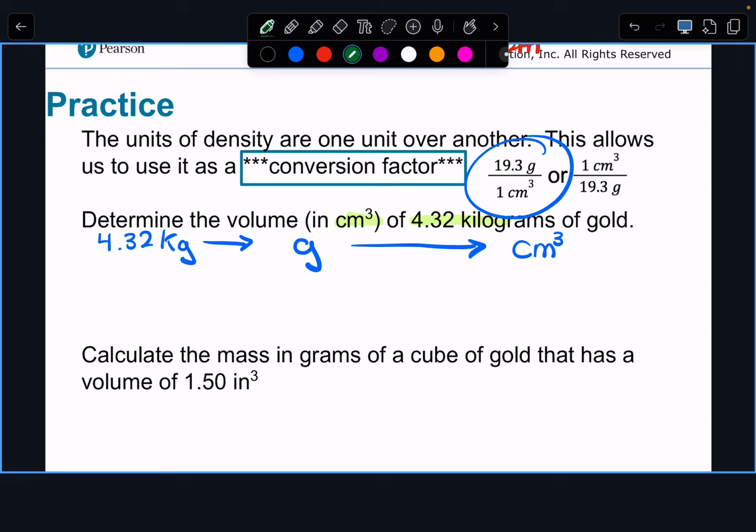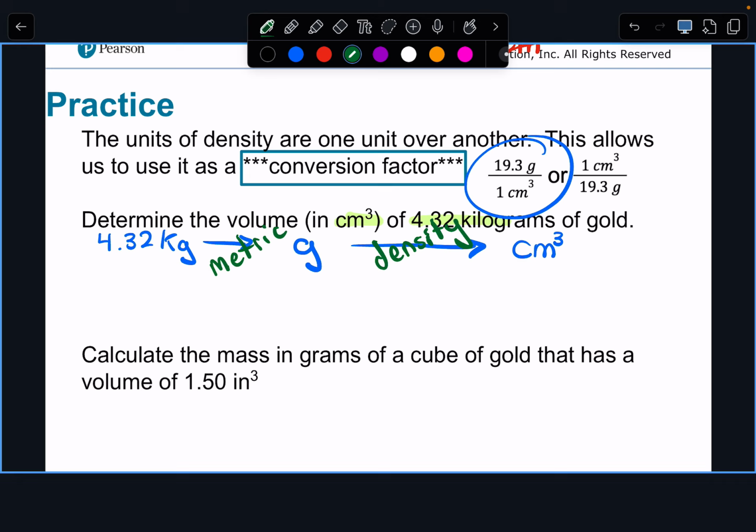So each arrow represents a conversion factor. And I'm even going to write in a different color what type of conversion factor it is. So this one is a metric conversion, and this one is density. Rather than trying to figure out how every little problem is different, and then you come to me in 2 weeks and say, I just never know which equation to use,